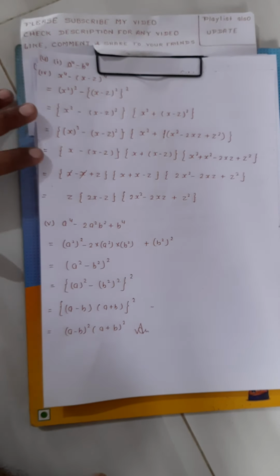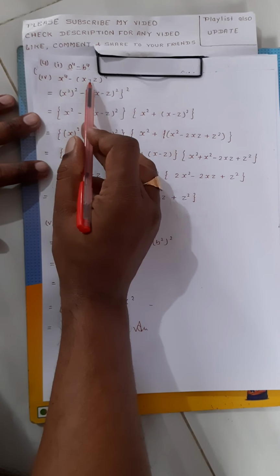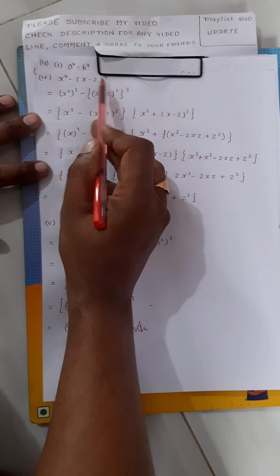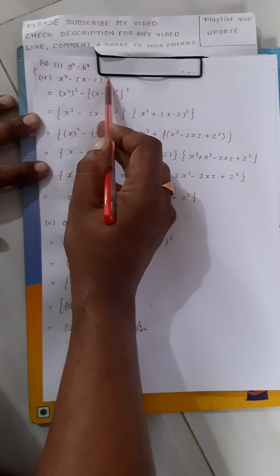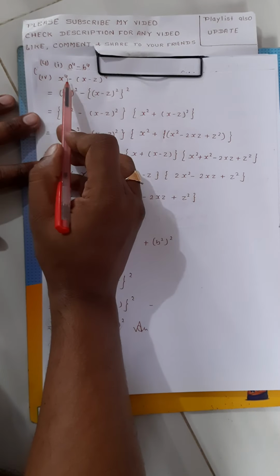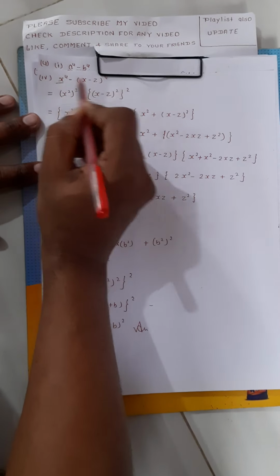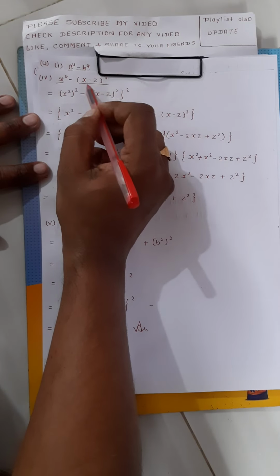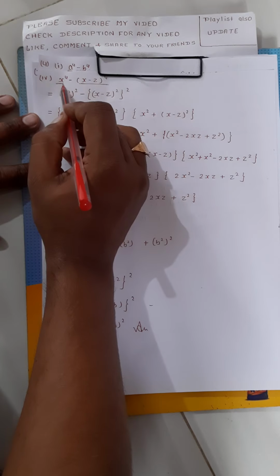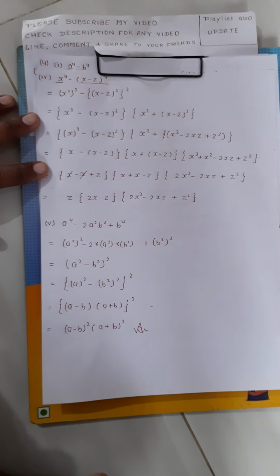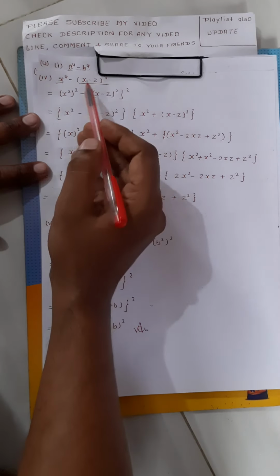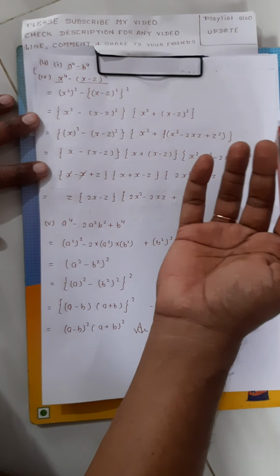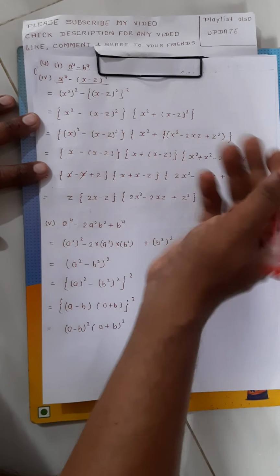Now our fourth question is x to the power 4 minus (x minus z) raised to the power 4. Okay, again, this is the first term and this whole thing is the second term. Only two terms are here, so we will apply identity number three. There is no common factor in both terms, we cannot apply regrouping and all that, so we directly apply